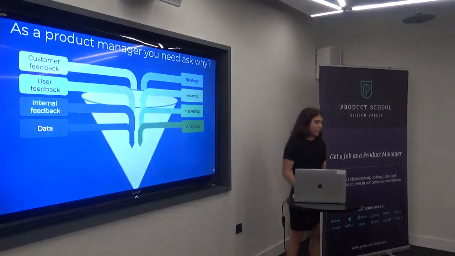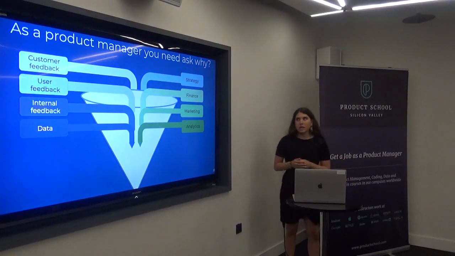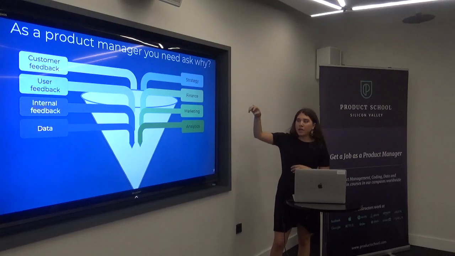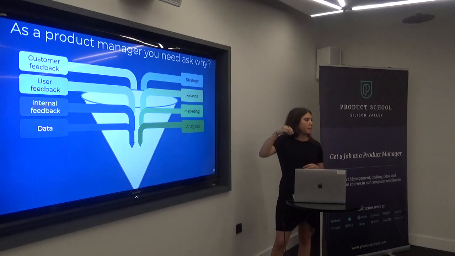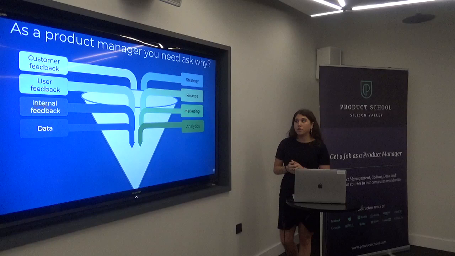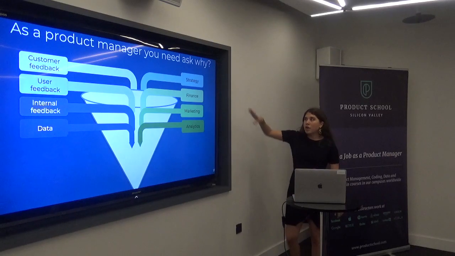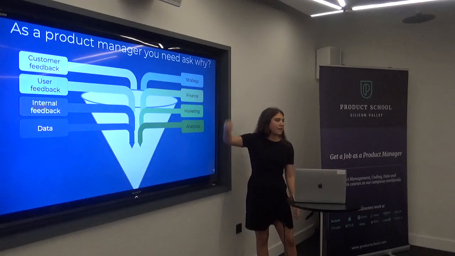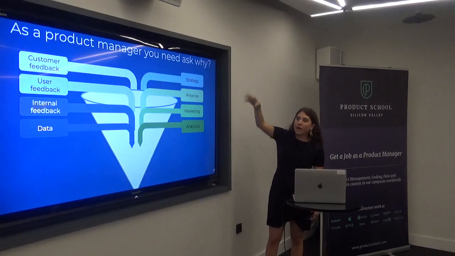So in my previous slides, I was kind of indicating that there's a lot of inputs into creating and generating ideas for what a roadmap should have. What are the items that you should add to your roadmap? You have teams within your company, like strategy and finance, trying to find initiatives to improve your processes. And then you have feedback.